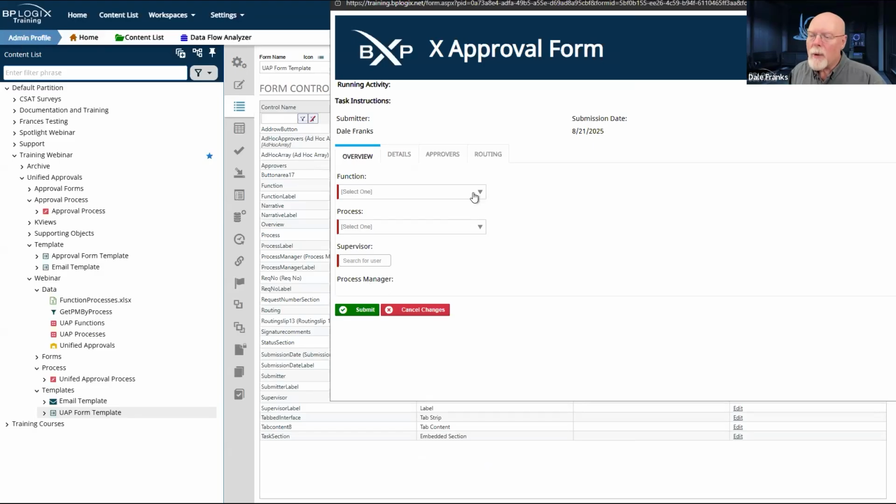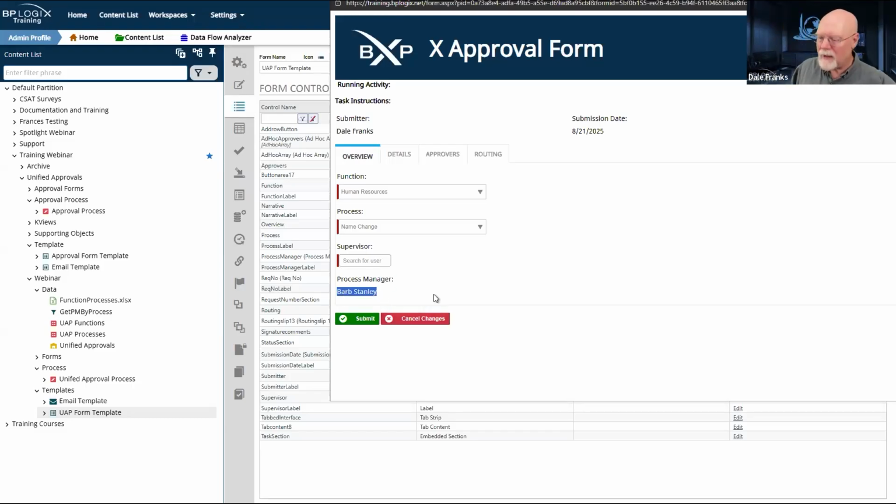Okay, great. So now when I run this form from a user perspective, my process manager is empty down here. From a user perspective, it is helpful if I know that when I pick name change, it's going to throw Barb Stanley there. So I know who the process manager is, and who's going to do the review. It's just more information for me, the user, to let me know how this process is going to work. Obviously, I'm going to have to pick my own supervisor, which would be me, of course. But I want my process to run in the proper way.